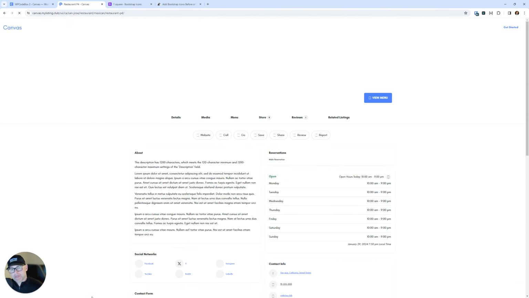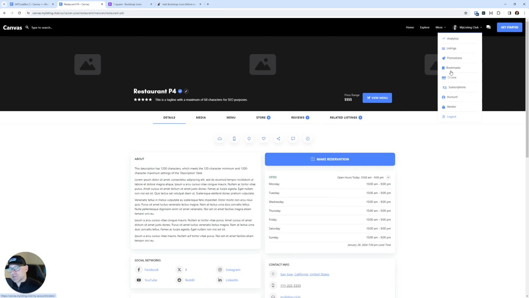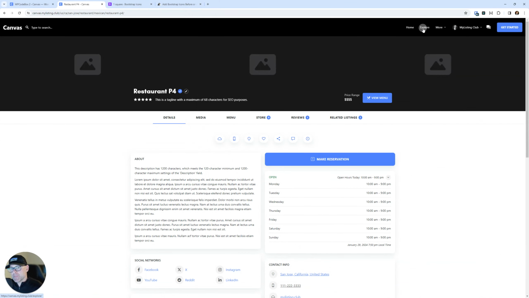refresh. There we go. Okay, so let's look at another example. This was a special case where I wanted to insert this icon in this area. Let's look at another pretty popular use case for this. Let's say here in your menu, you want to use an icon different than what MyListing provides here with the shortcodes. Okay. Let's, for example, say we want to add an icon to this Explore page